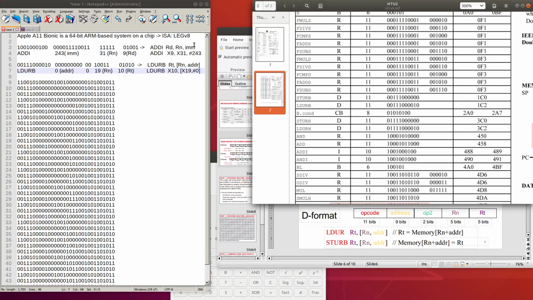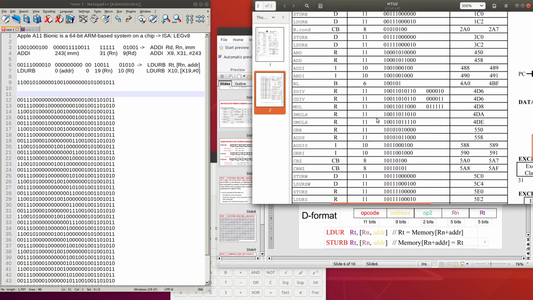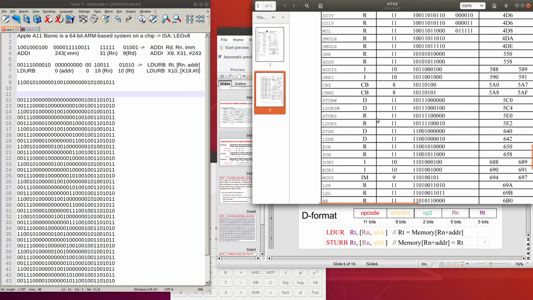Next, we will go to the third instruction. So if we look into this, we can see it here double 1 and then double 0 and then 1 0 1 0. So we try to find it here. We can see here double 1 and then double 0 1 0 1 0, and then a number of 0 will be here. So it is an R type.